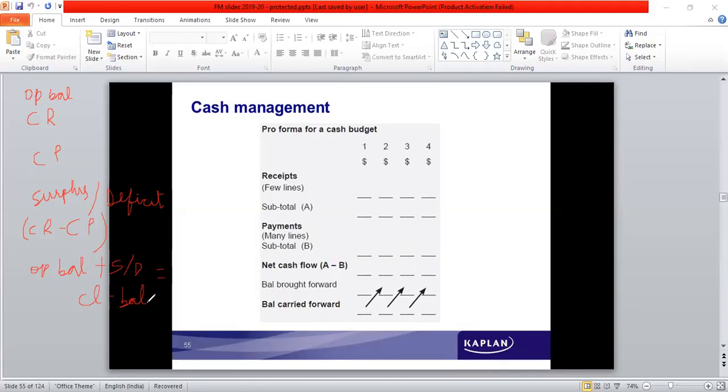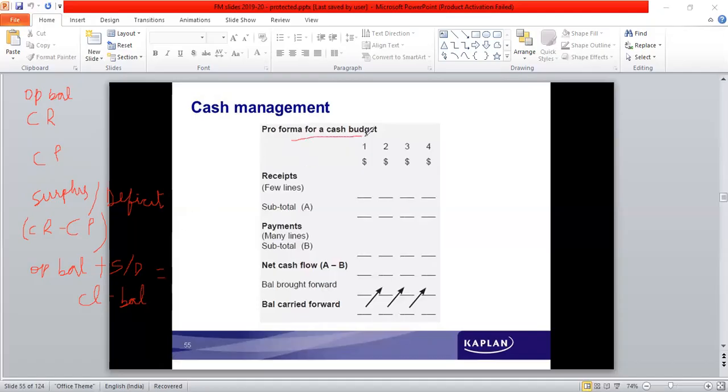So when they understand that there is a deficit situation, then they think about raising some short term finance, maybe go for an OD, or a short term loan, to ensure that they can make the payments promptly. If they see that there's a lot of surplus balance available, then they can think about investing this surplus in some source of finance. So at least they can earn some return on these finances which are invested. So for that reason, a cash budget has to be prepared.